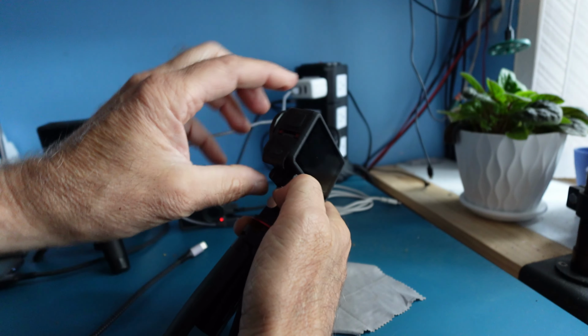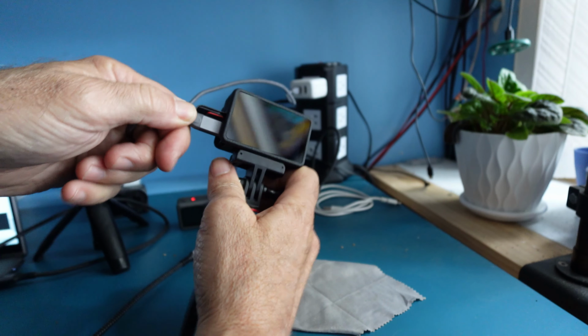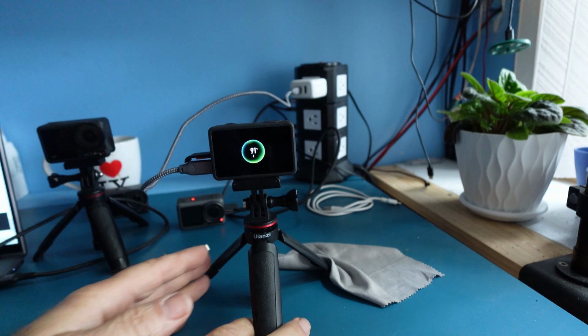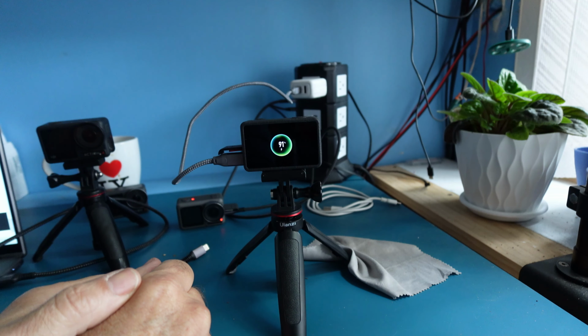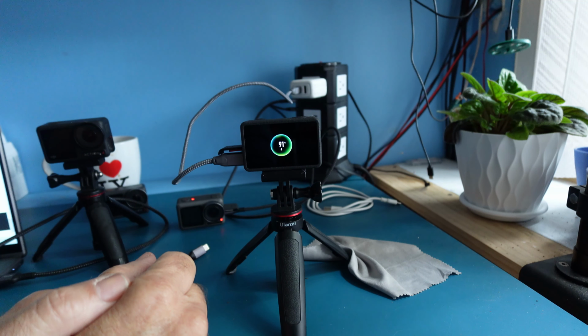I want to now put in my PD charger. It's the fast charging. I'm going to start up 91%. I'm going to leave my camera run. I'm going to wear down my Sony battery. And this will go in and out every so seconds. And I'll put a clock on it, a timer, so you can see how it goes in and out every